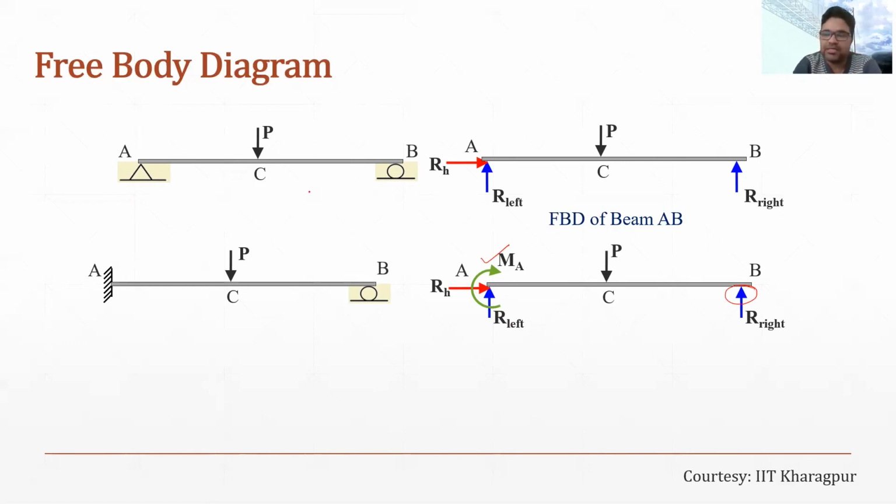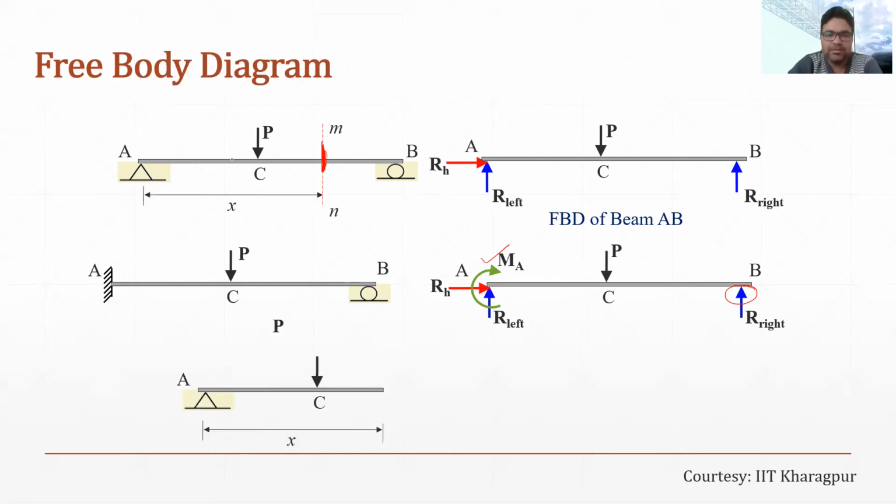Now if we want to cut a section, like section MN, if we cut this beam here, we will just visualize what forces this beam will be experiencing. So if we cut this beam at line MN, then the reaction on this end will be in terms of the reaction offered by the hinge connection. At this point, there will be 3 reactions.